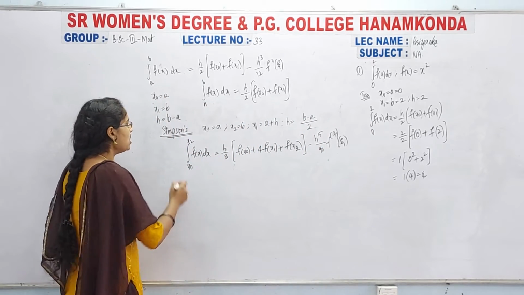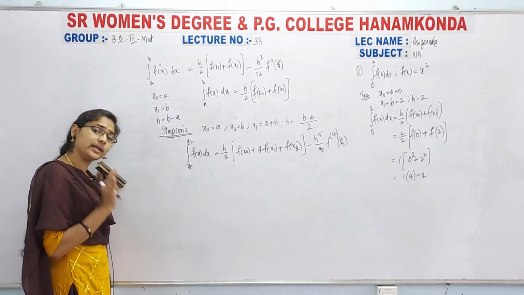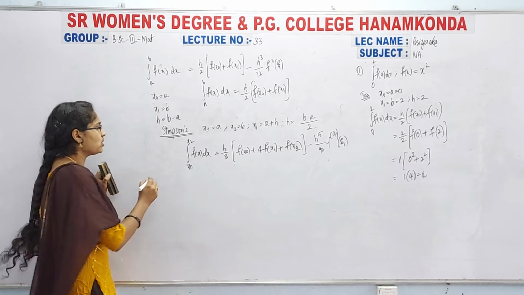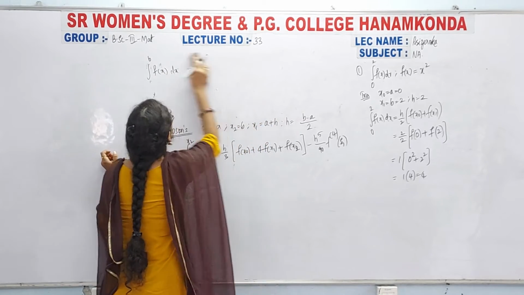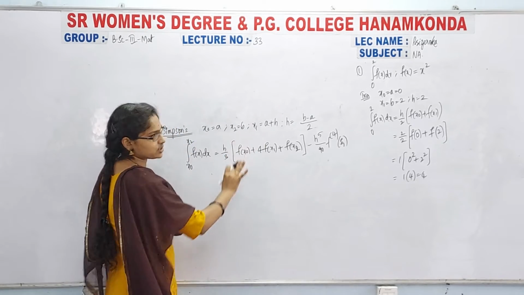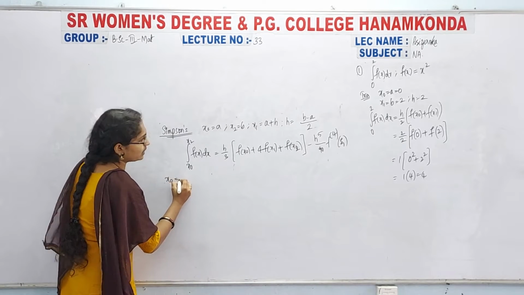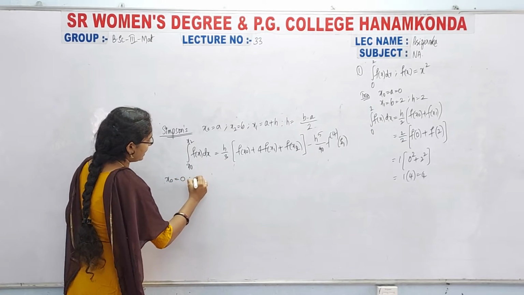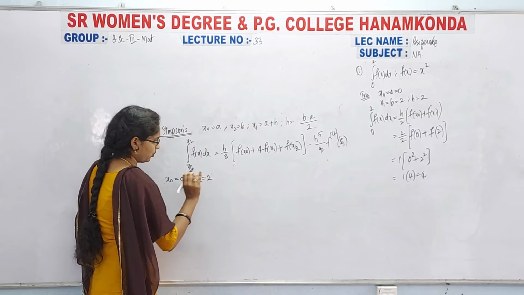Next, the Simpson rule. Of course, here we have to take x0, x1, x2. Now this is finished, so no need of this one. After that, just take the Simpson rule, x0 equal to this one. What is the value of x0? x0 is equal to 0. I don't know the value of x1. I know that x2 is 2. Okay.